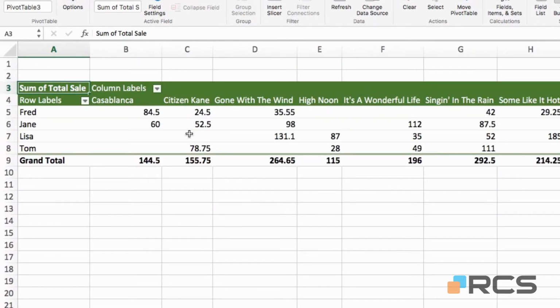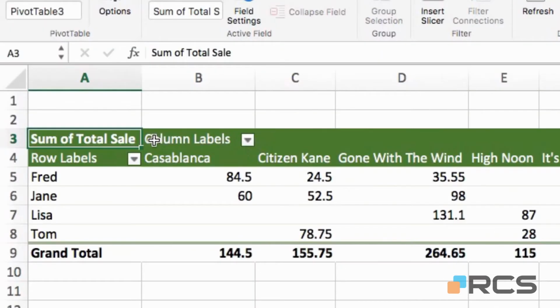And so this is a completely different layout for the table data, and it's not something I could have achieved without using the pivot table. Now you'll also see I have column labels and row labels, and these are basically filters that are built into the pivot table. And if I click on the drop down arrow where column labels is, you'll see we have the familiar filter dialog box,